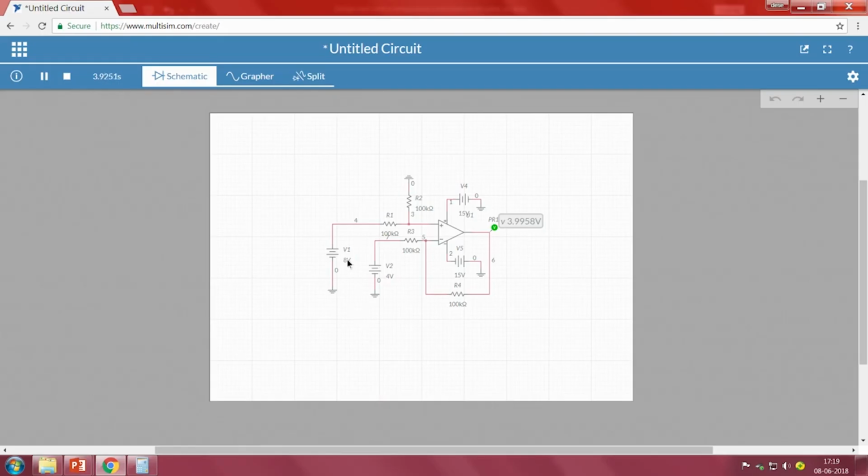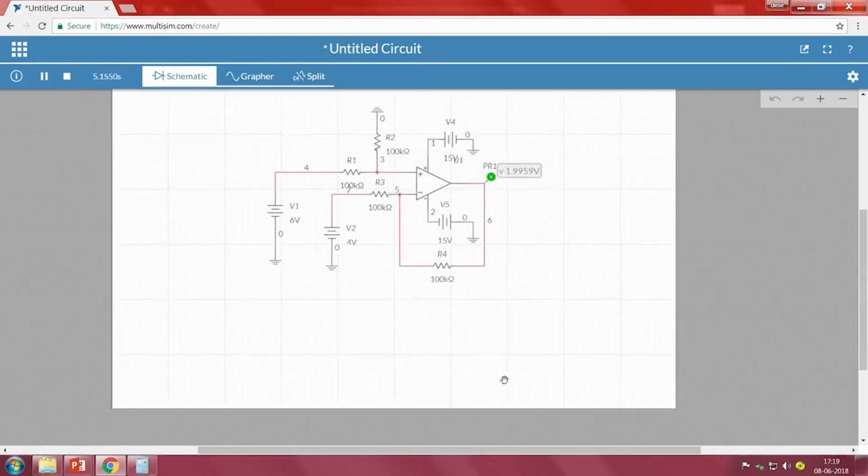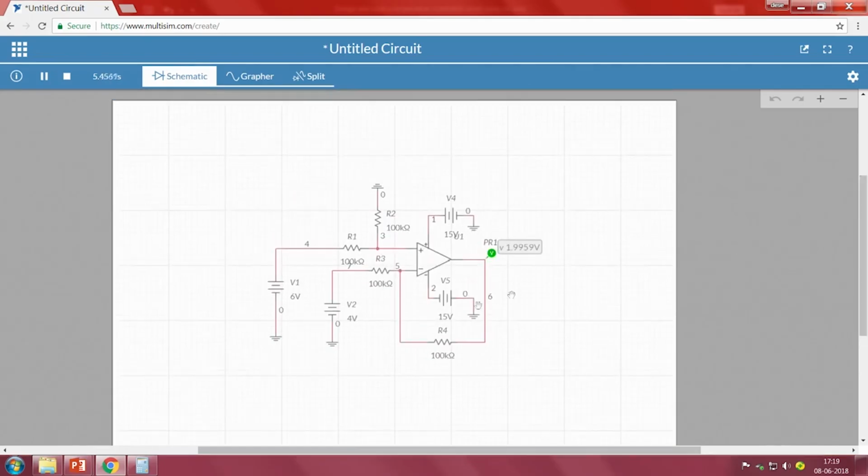So, let me take it as 6 volt, and this value should be of 8 volt. 8 volt. When I see the value is minus 2.0041. So, almost same. 0041. Now, this I will take it as 4